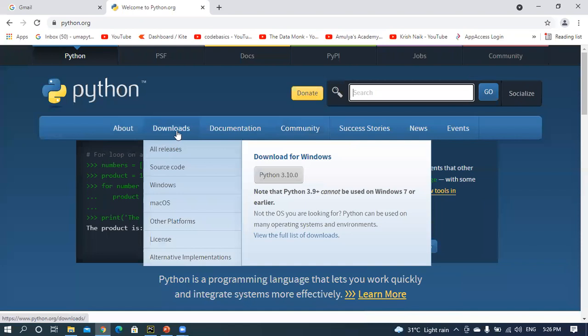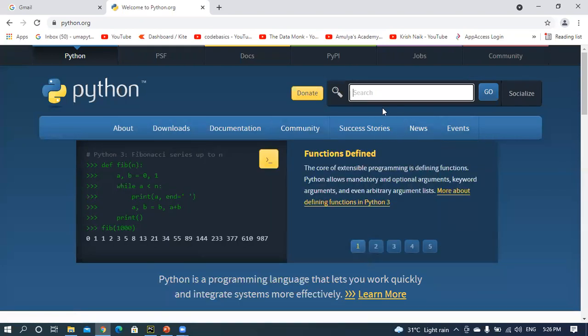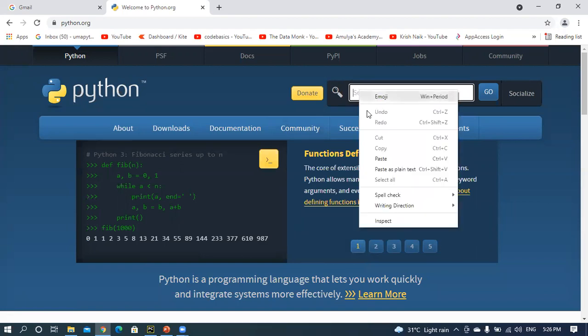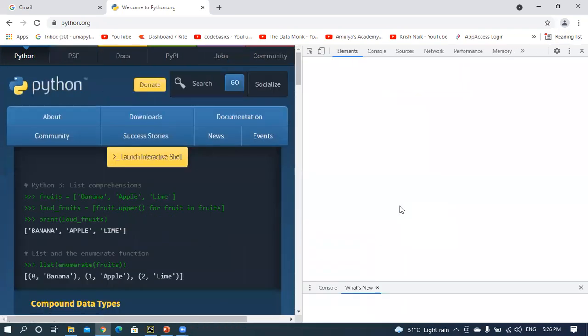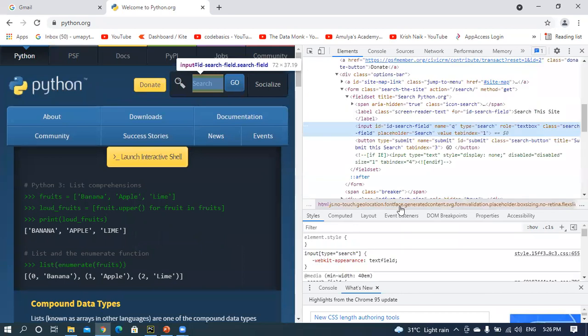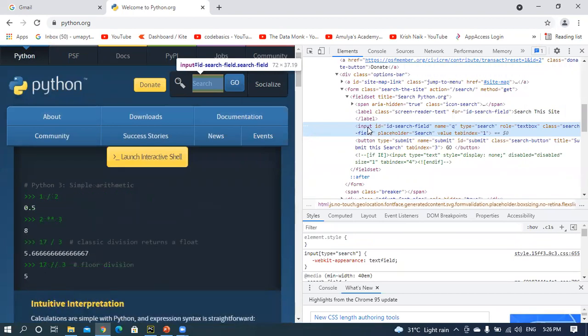Whether you have to verify whether these are all enabled or not, or displayed or not. For example, first I am going to verify whether the search button is enabled or not. In order to do that, first I am going to inspect this particular element. If I inspect this element, you have to identify what information it has. The input has a tag name, and there is an id.